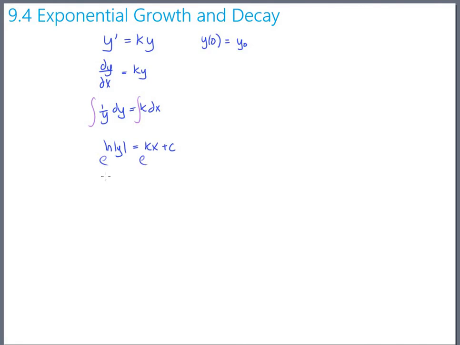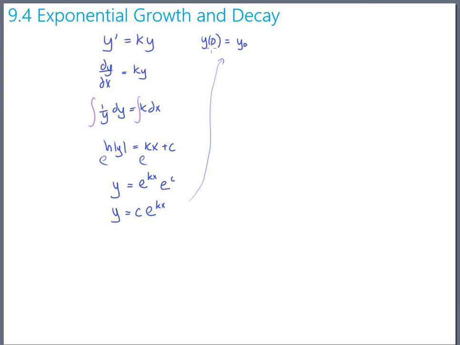We'll exponentiate both sides, and we will get y. And again, keep in mind this becomes e to the kx times e to the c, and e to the c is just yet another constant. So we can say this is y equals c e to the kx. And if we go back and say, hey, we do actually have an initial value here,